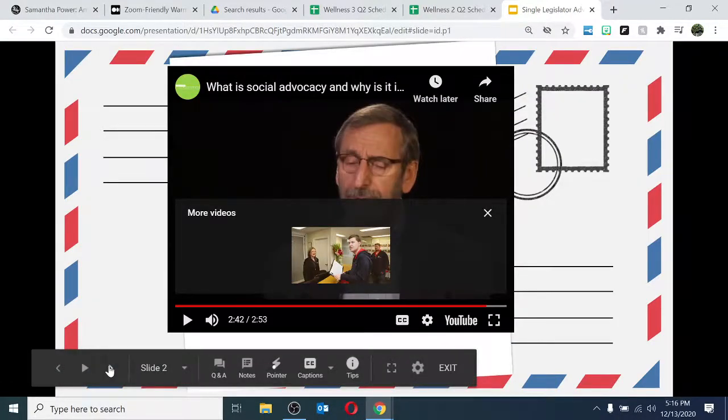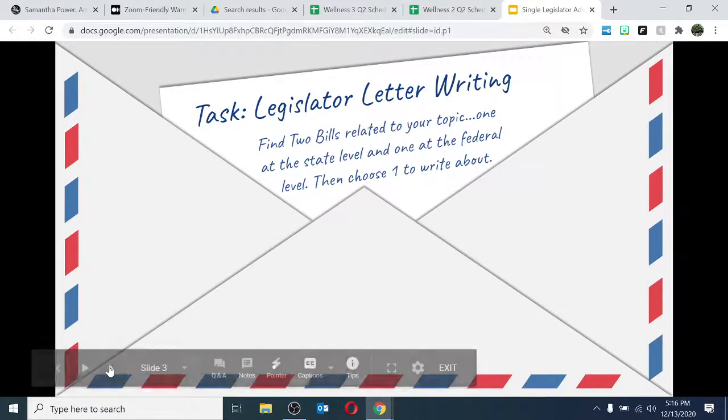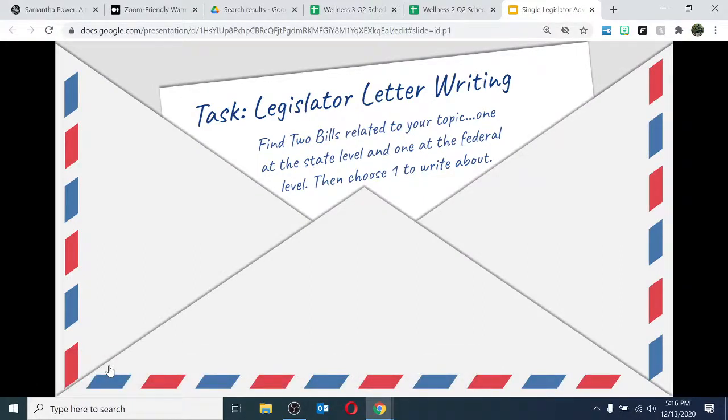All right, so clearly important, right? In this case, you are going to find one bill, but check with your teacher to see how many bills total they are requiring in that particular quarter or term. For this quarter, you are going to find one bill, most likely at the federal level, and then ask an elected official, specifically one who can vote on that bill, because they don't get to vote on all the bills, to either support it or vote against it, whichever you think would help the people suffering or dealing with your issue and topic the most.